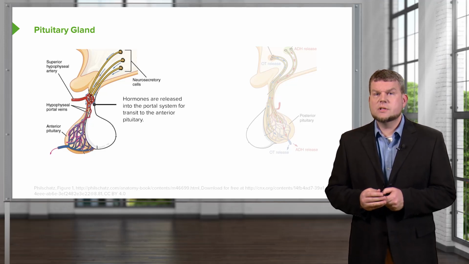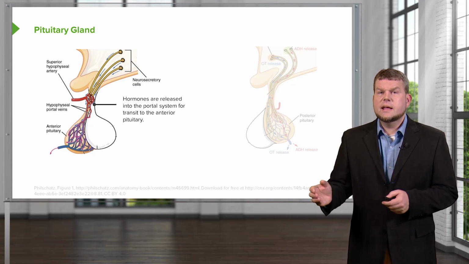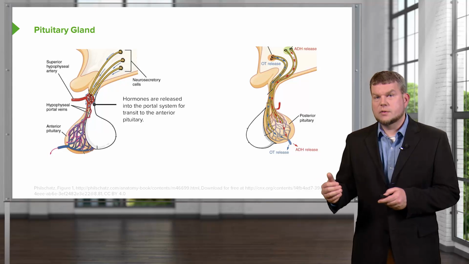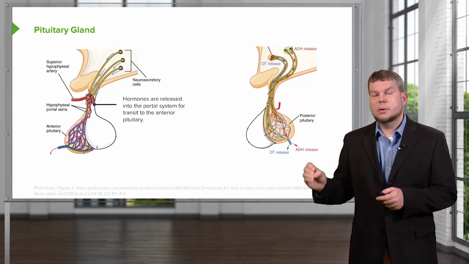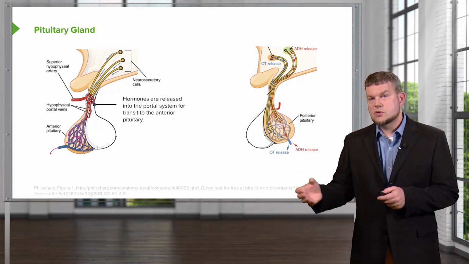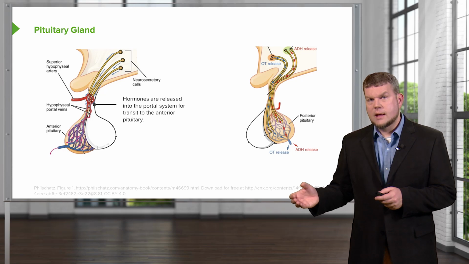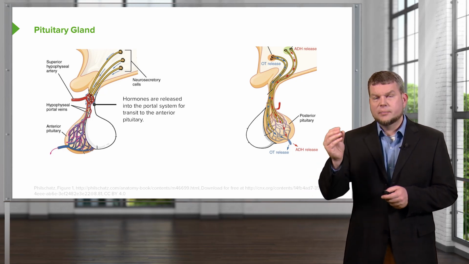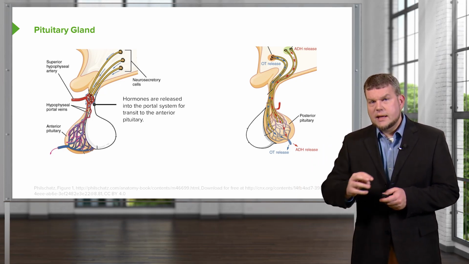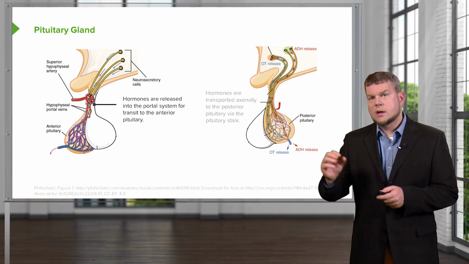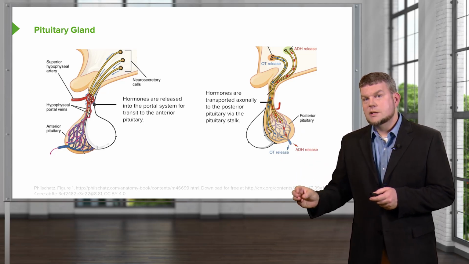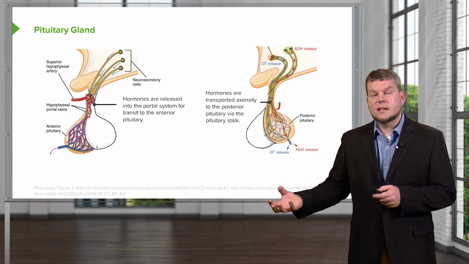The posterior pituitary works in a little different format. Instead of using blood flow, it has direct neural projections from the hypothalamus to the posterior pituitary, and when it releases its substance, it goes directly into the circulation there. So again, anterior pituitary, hypothalamic nerve, releasing a trophic factor, which then bathes the anterior pituitary cells, versus the posterior pituitary, where you have the nerve going all the way to the spot at which it's going to release the